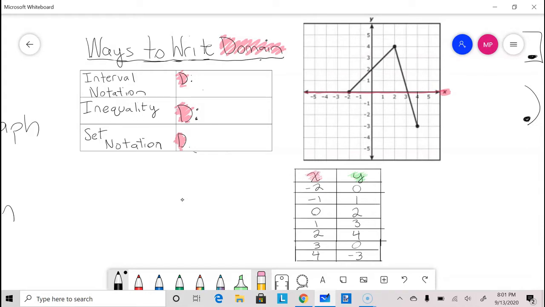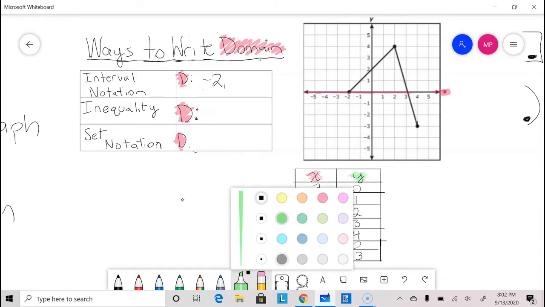So we're just going to be looking at this pink highlighter along the x-axis, and we're going to look for how low the x values get, and we'll just follow the graph over to the left, and we'll see that the furthest to the left this graph ever gets is -2. So that's our lowest value. And now for our highest value,